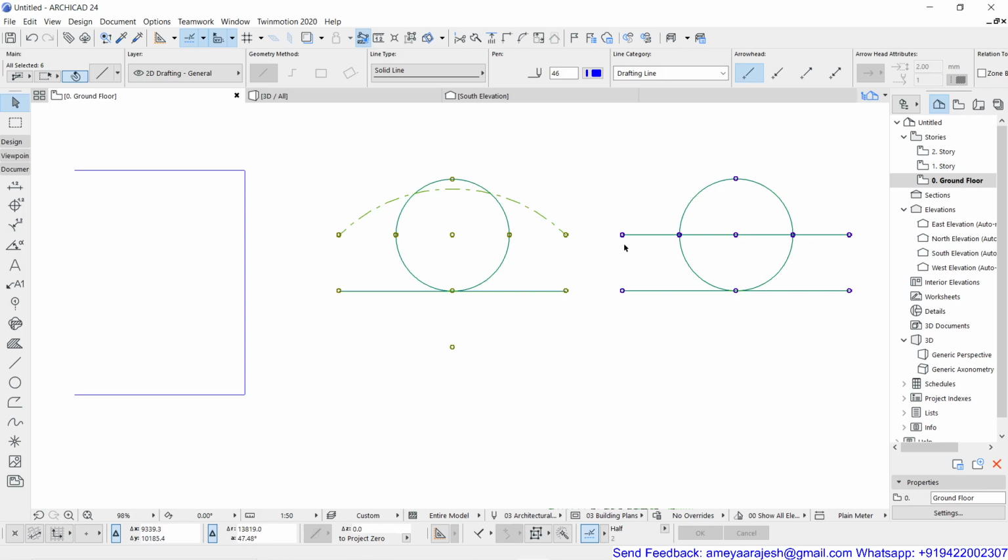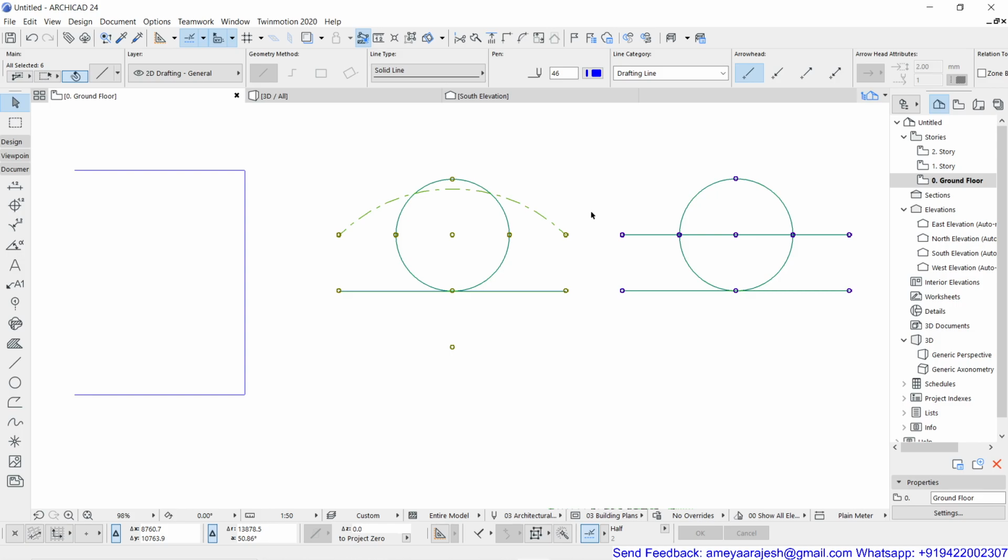So this color allotment is done automatically from ArchiCAD side. You don't have to select a particular color for that group. ArchiCAD will automatically keep on giving you the color variations as per the selected group. So if you select multiple groups, every group will carry its own color for the nodes. Hollow nodes will have a total different color, and there are infinite colors which ArchiCAD can give you. So not to worry about that.